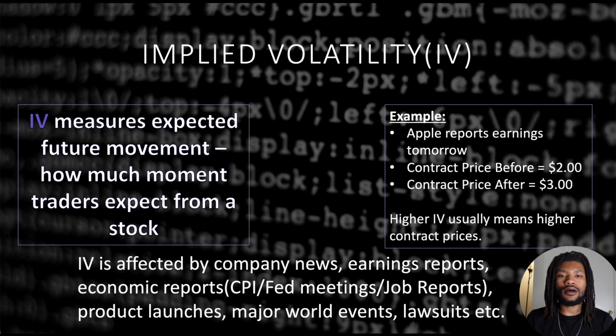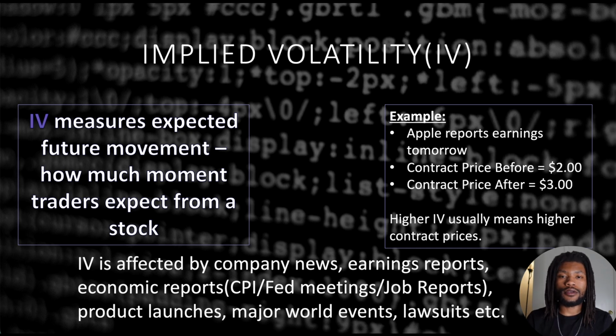Alright, so now let's talk about IV. IV is implied volatility. It measures expected future movement. So basically, how much traders and speculators expect the stock to move. A couple of things that affect IV are company news, earnings reports, economic reports, product launches, major world events, lawsuits, and stuff like that. So for example,